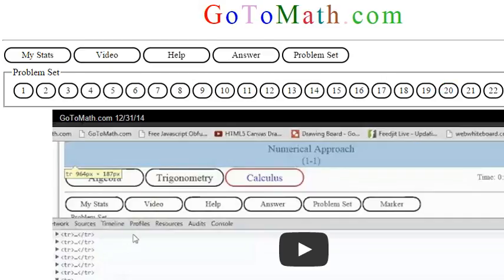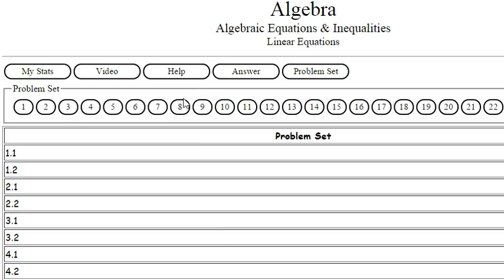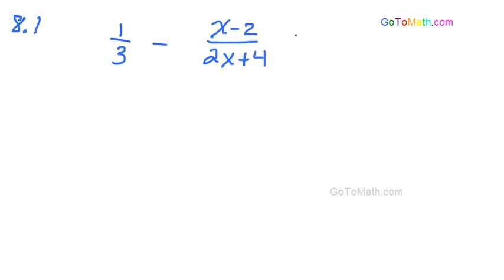Here at GoToMath.com, click on algebra. Let's go down to linear equations, and we're going to be looking at 8.1. So we have 1/3 minus (x minus 2) over (2x plus 4). Now at this point into this problem set, you should be definitely catching on and working these